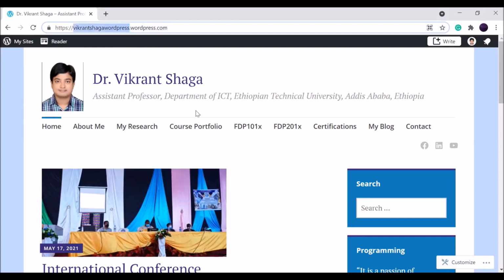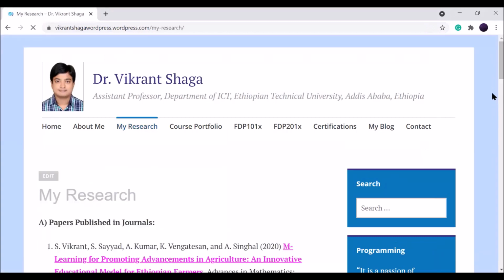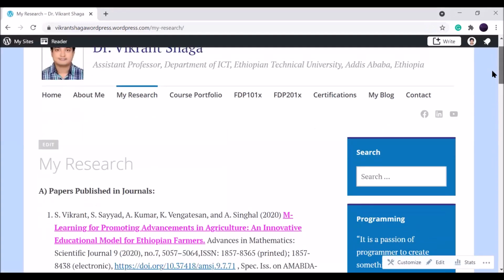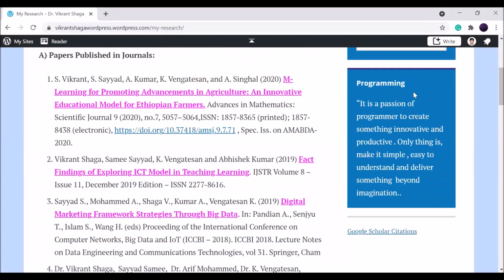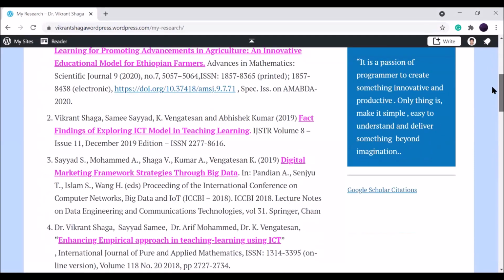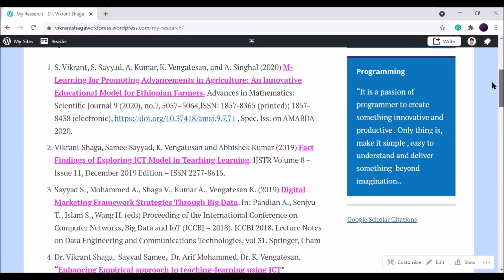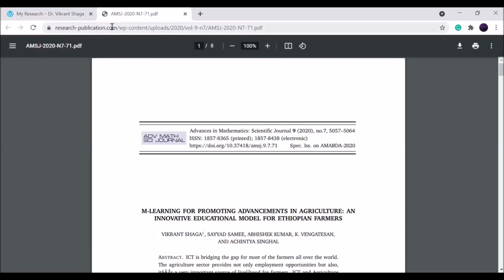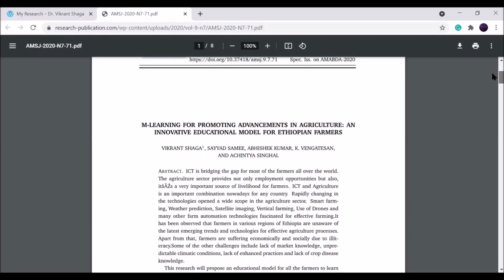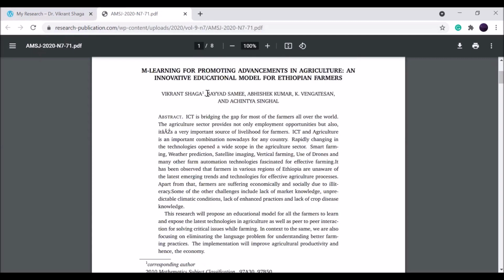So this is my site. It has all the menus that I created, and the work that has been done. I just wanted to show this research tab. What is there in my research menu? These are the recent papers that I published. In fact, I'm working on a couple more research papers in different research areas. This is one of my papers. If you click it, it will open my research paper. It is published in a Scopus indexed publication. This is my research paper, having some co-authors also.